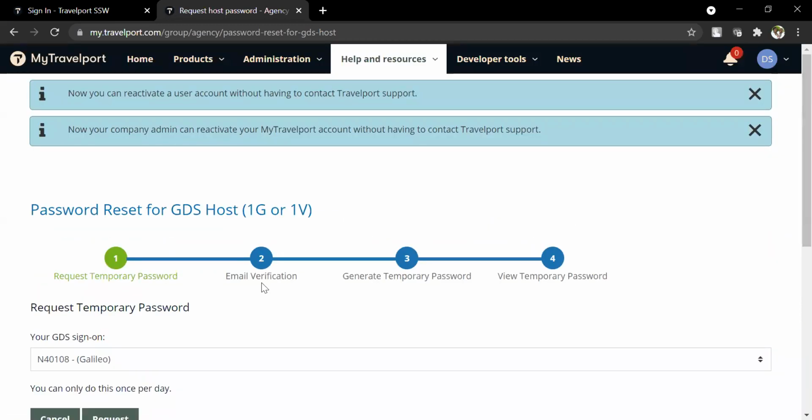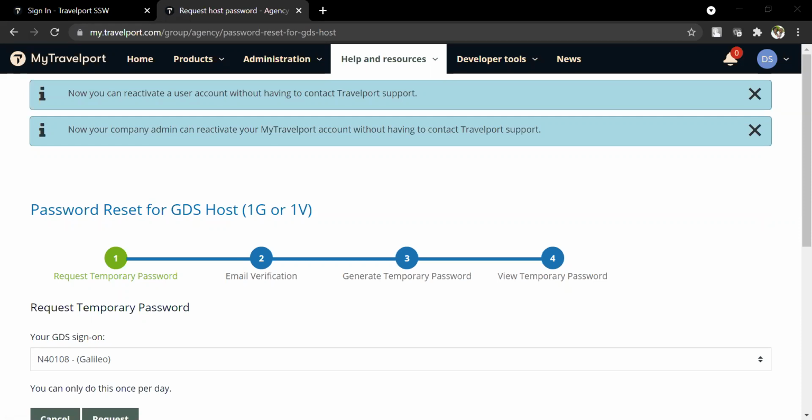Once you've got your email verification, it will then ask you to generate a new password or a temporary password, which you will then use in SmartPoint. When you want to see that temporary password, it will show you on step number 4. That password is the one that you will then go back to